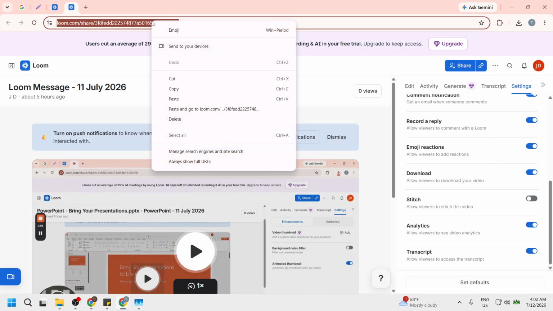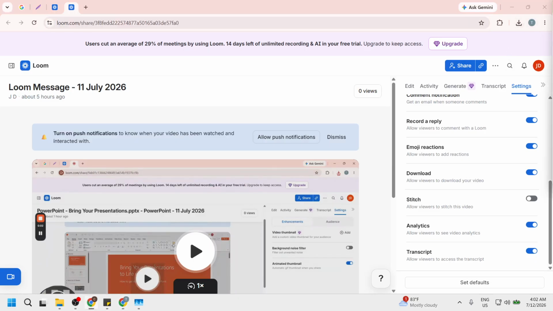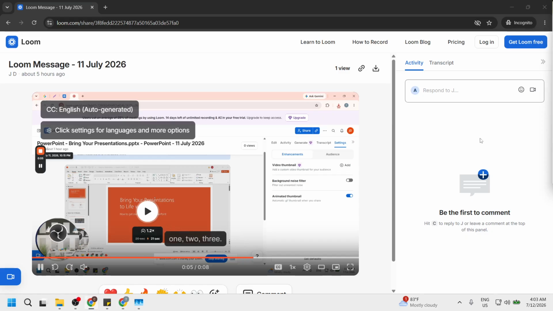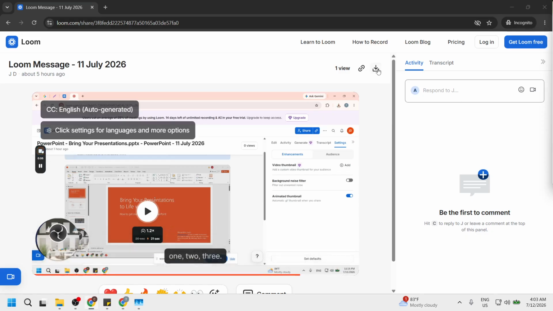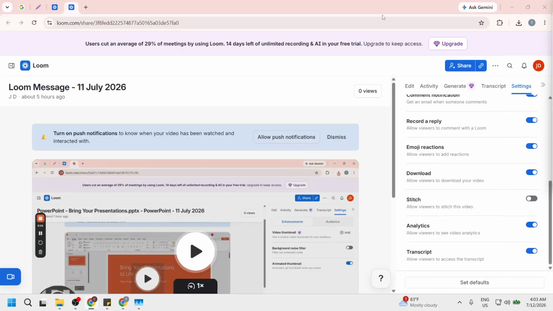Now, open an incognito or private window, log into your Loom web dashboard, and try clicking download again. Using an incognito window helps bypass any issues related to cached data or cookies that might hinder your download attempts. This step is particularly useful if previous attempts have failed, as it offers a fresh start for your session. You will see if this method allows you to download the video successfully.